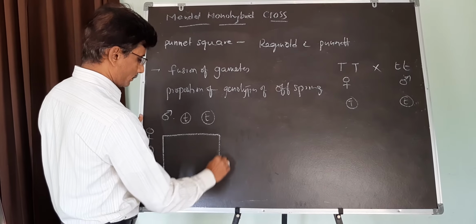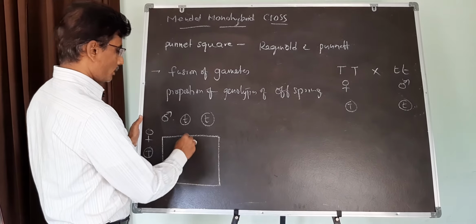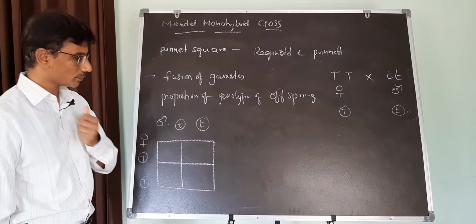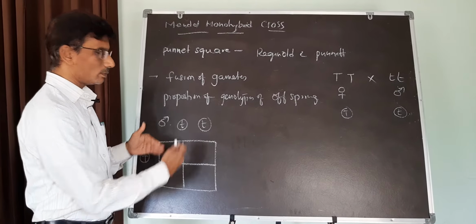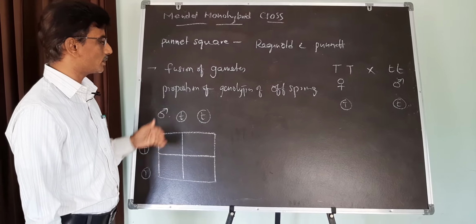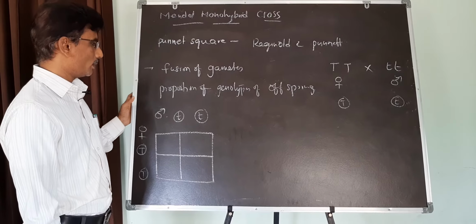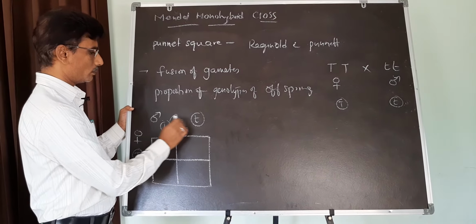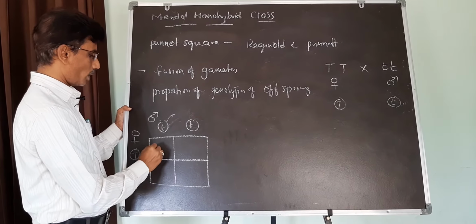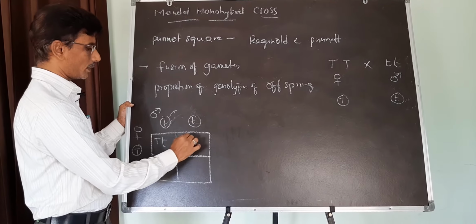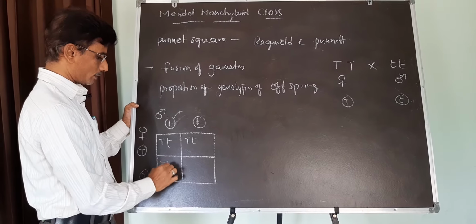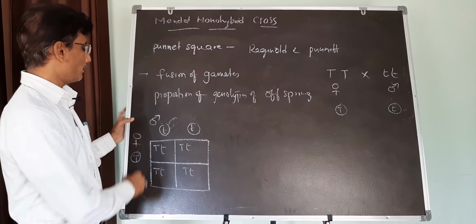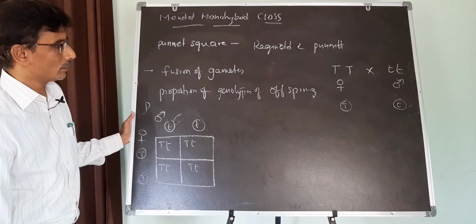Now, let us draw the Punnett square. So, these are the gametes. So, these are the possible combinations of genotypes or the proportions of genotypes. How many types of genotypes? Capital T can fuse with small t, capital T, small t, and the same, capital T, small t. So, when you cross the parents, then we will get